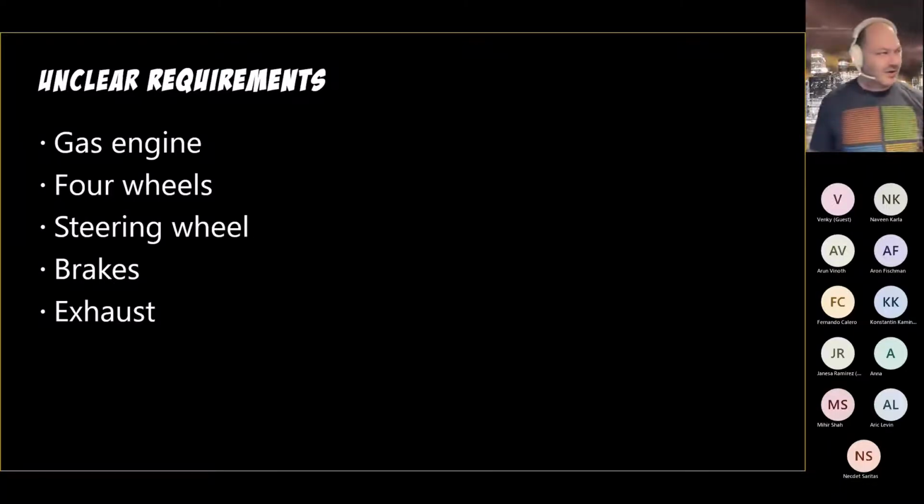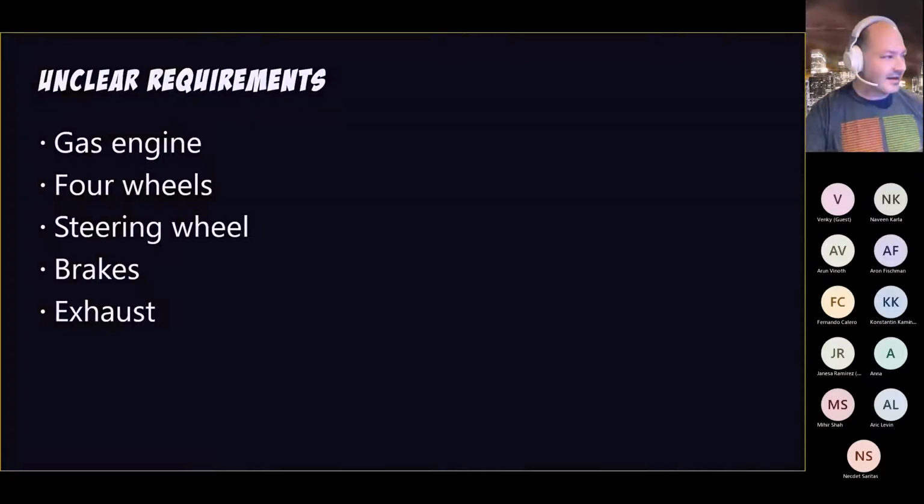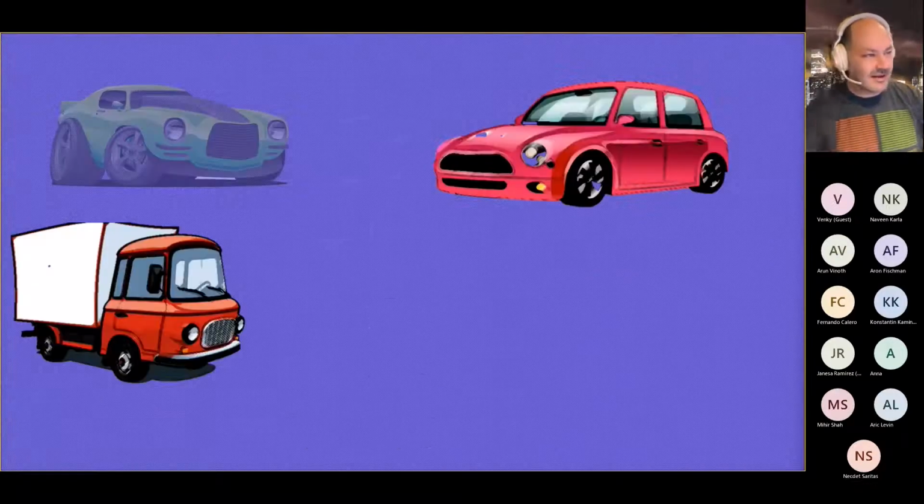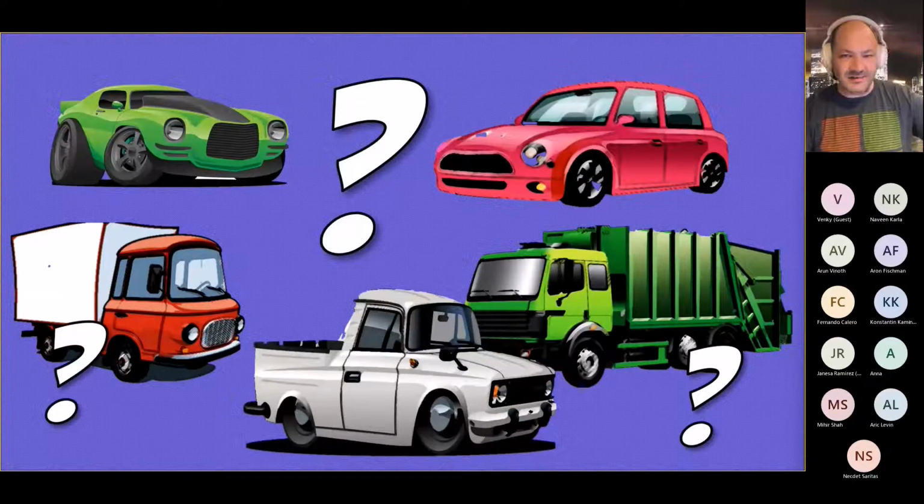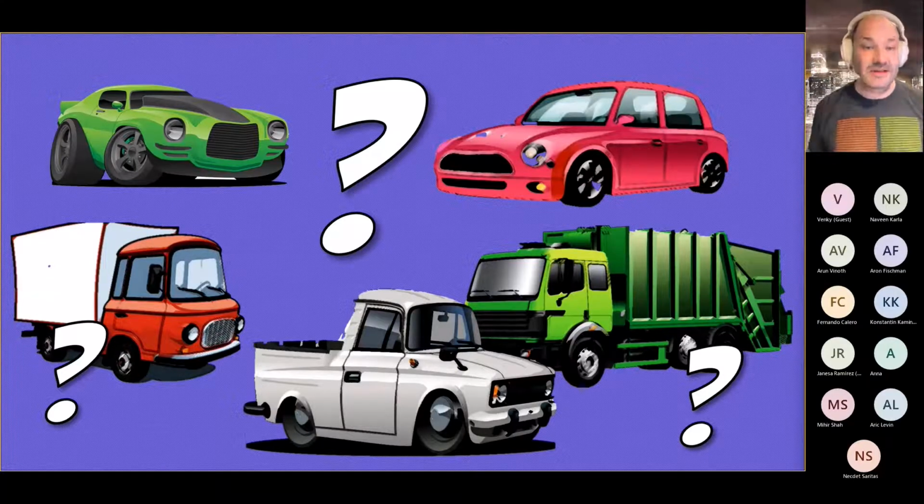So if you're reading these requirements and you're trying to say, okay, well, what is it that he's trying to build? You might have a few ideas, right? You might think that it's obviously a different kind of car or truck or something like that. It's not very clear. But imagine if we could talk to our business users and instead of talking about requirements,